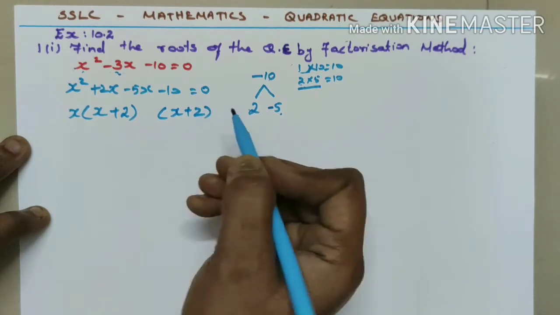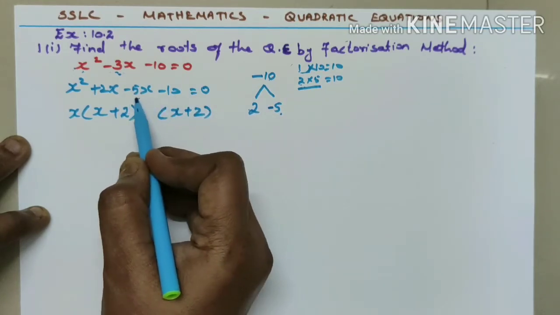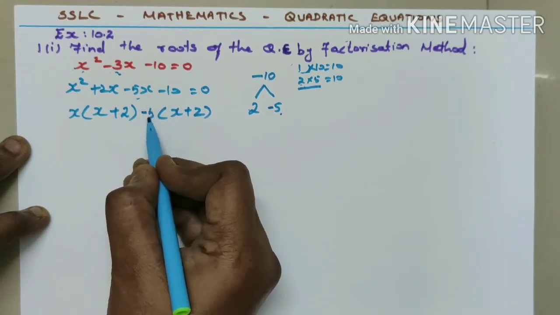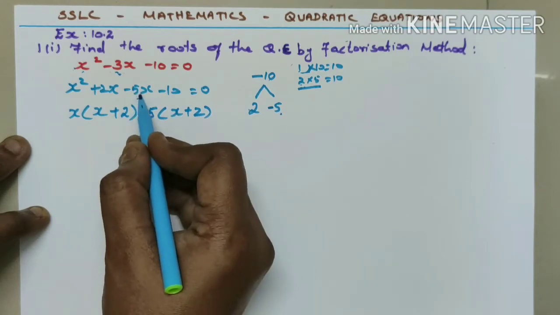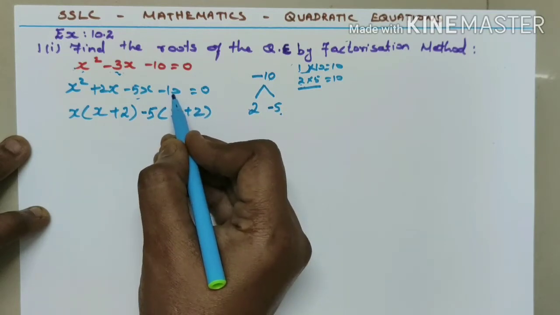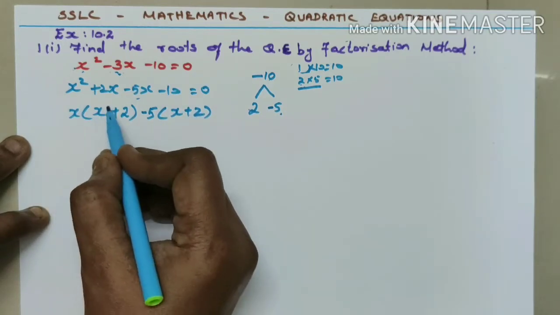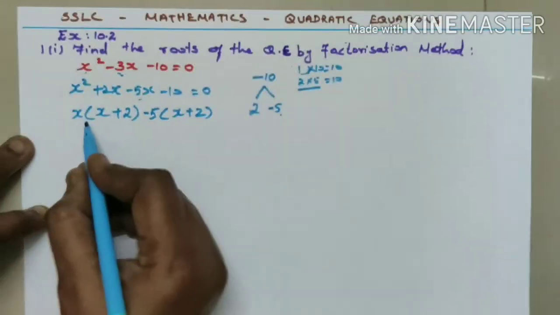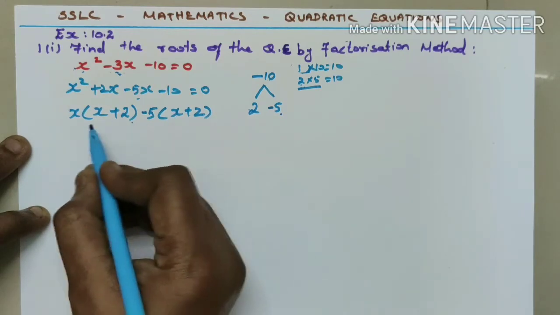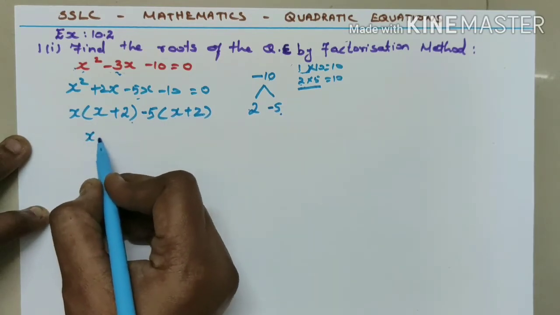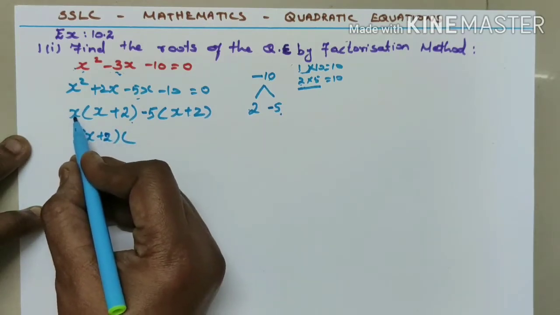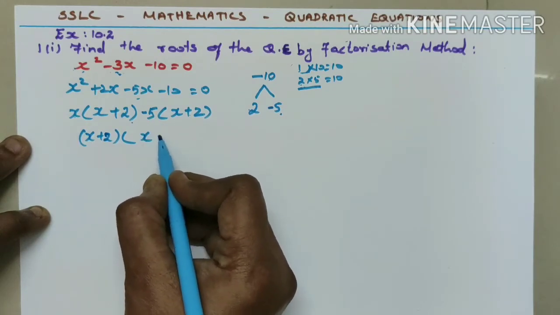X plus 2. Now see the next two terms. Minus 5x I need, but here only x is there. So multiply with minus 5. Minus 5 into x, you will get minus 5x. Minus into plus is negative. 5 twos are 10. Is it clear? That means if you multiply, you should get the previous step. Now here, x plus 2 is considered as one term, and this is considered as the second term. In the two terms, which is common? x plus 2 is common. So take it outside. So what is left over? This x and minus 5 are left over. So x minus 5.